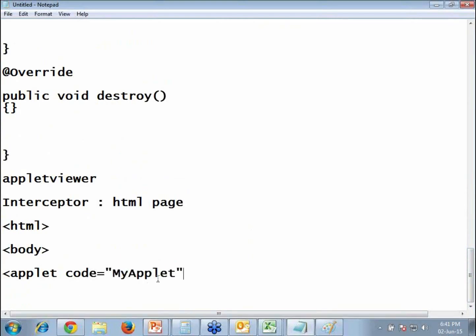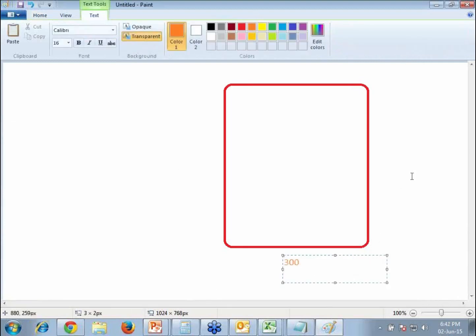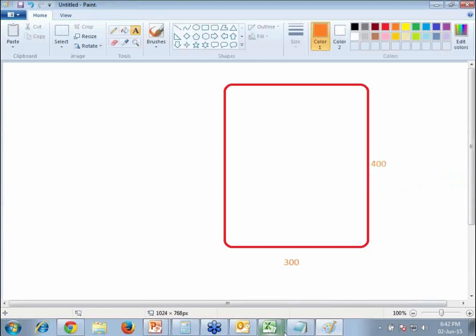We also need to specify the width and height. Whatever we find in the horizontal direction represents the width, and in the vertical direction, the height. Assume we have a width of 300 and a height of 400.